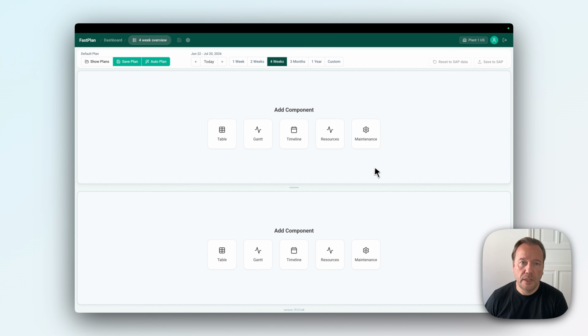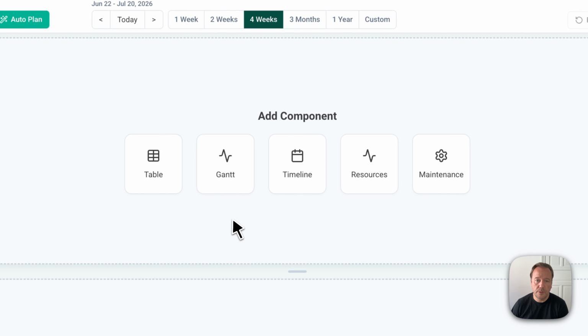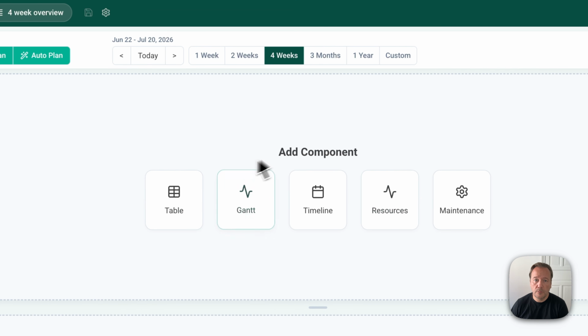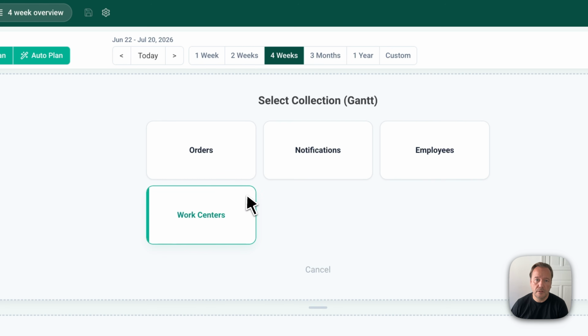So when you've done that, you get into the perspective mode where you can decide what it is that you're actually going to look at in order to do planning. And for this, I want to do a simple overview of my work orders compared with my availability of my resources. So for the first component here, I'll choose the Gantt chart, and I want to look at my work